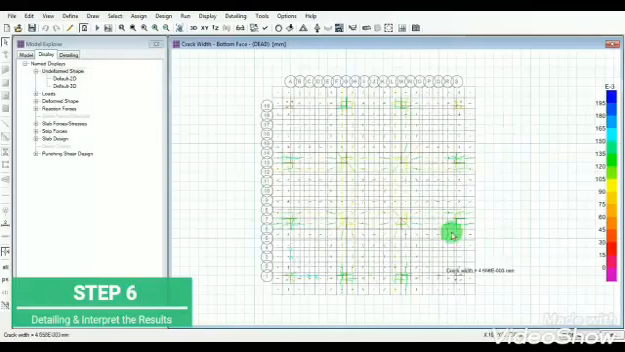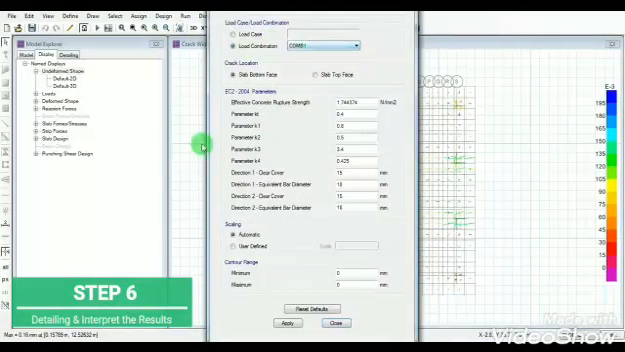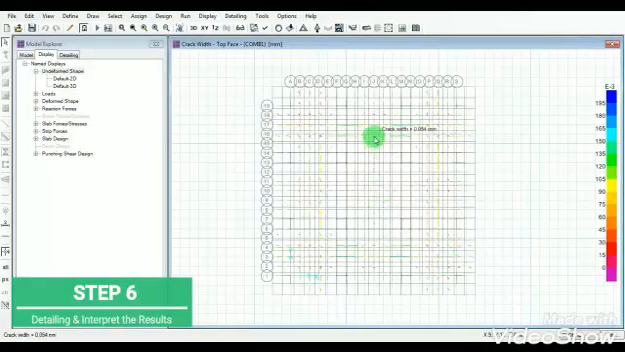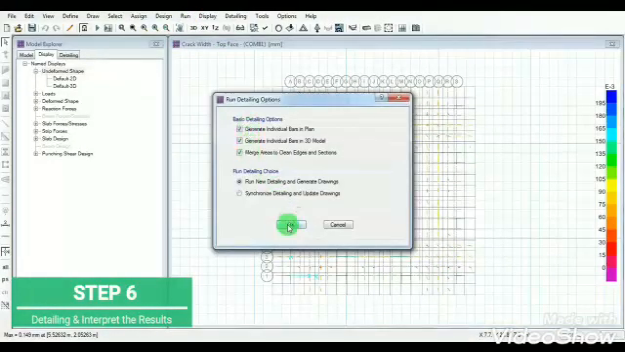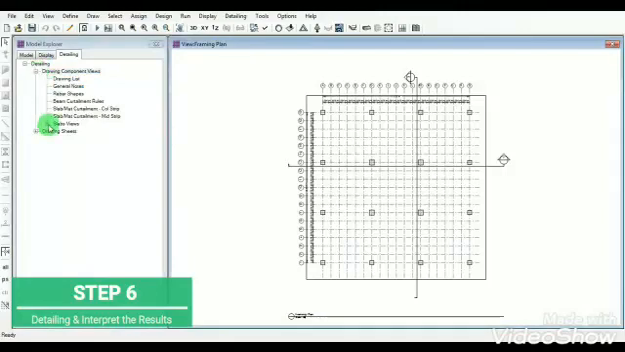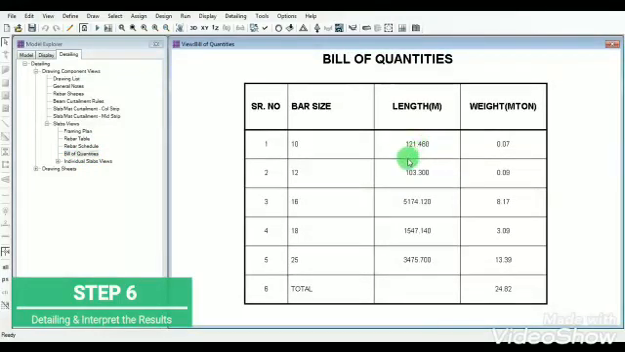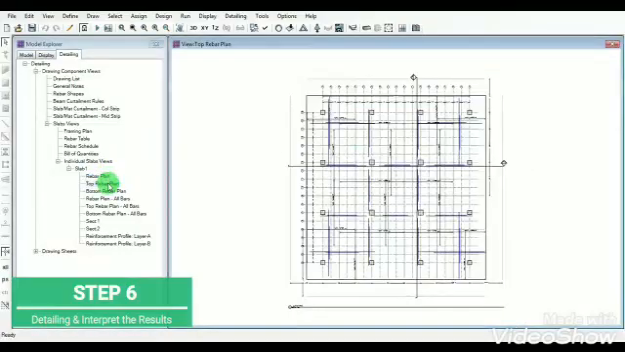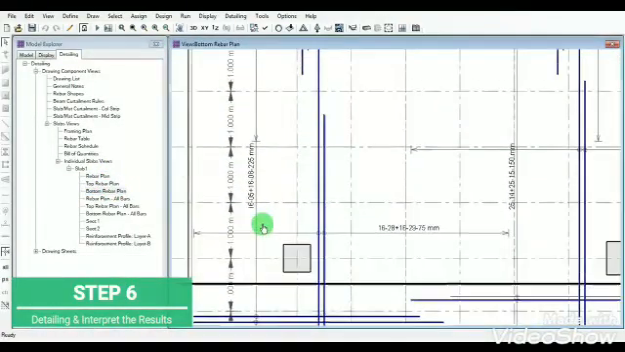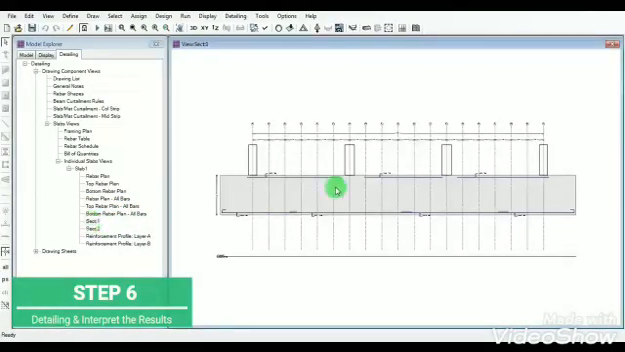This is the crack width values for the slab top and slab bottom. These are minor cracks, and start the detailing option. This is the detail link, framing plan. Go to the framing plan. This is the framing rebar table, bill of quantity, having all the lengths of the rebars with bar size. These are slab plans like rebar plan, top plans, rebar plans, all for all bars. This is section at